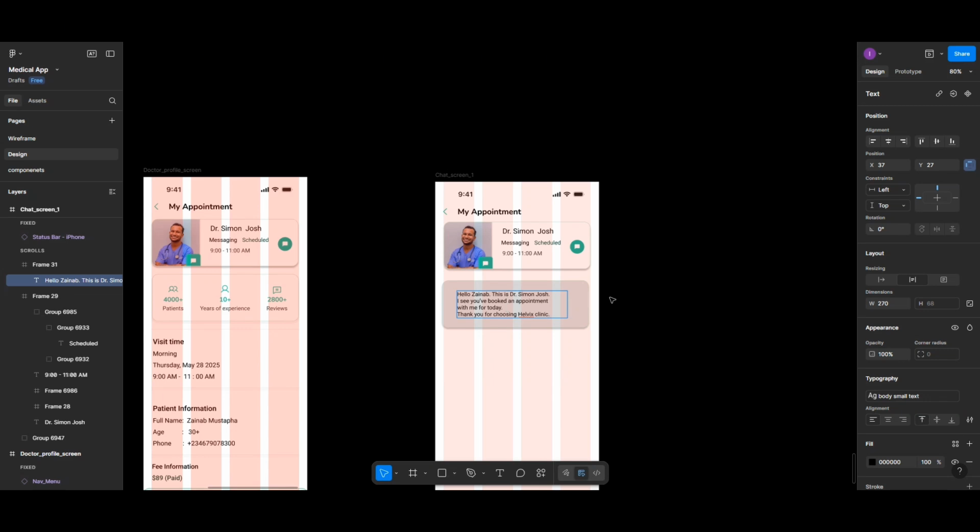Okay, so I'm going to expand this text box, expand it to try to fit in. All right, that's better. So let's bring this one back, space,